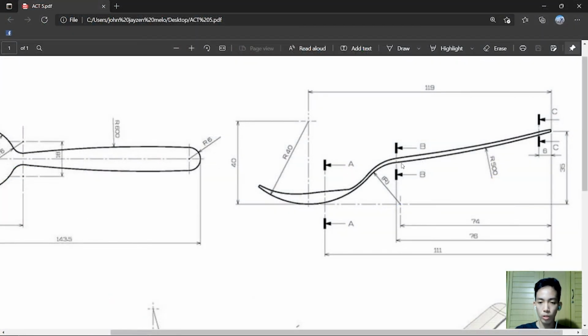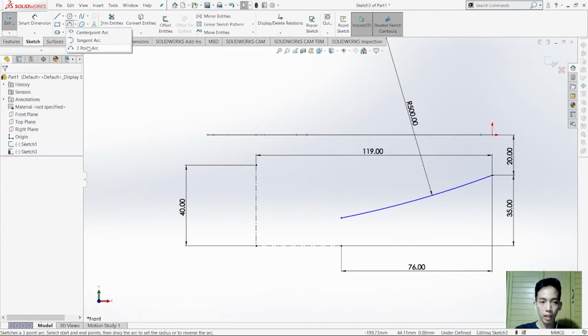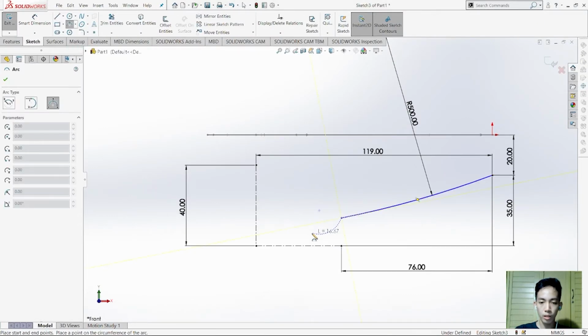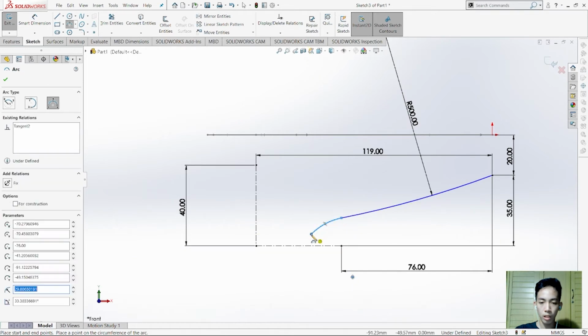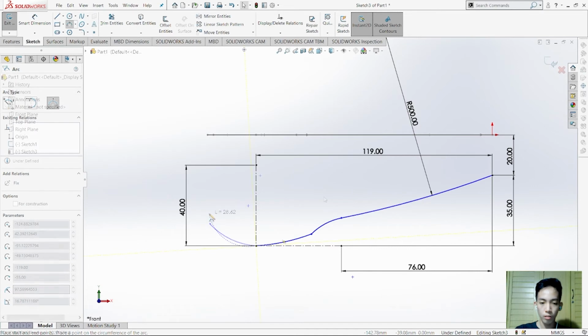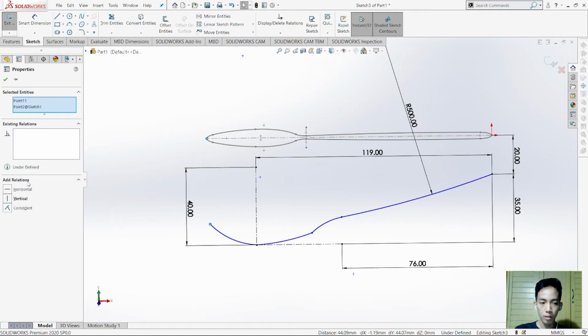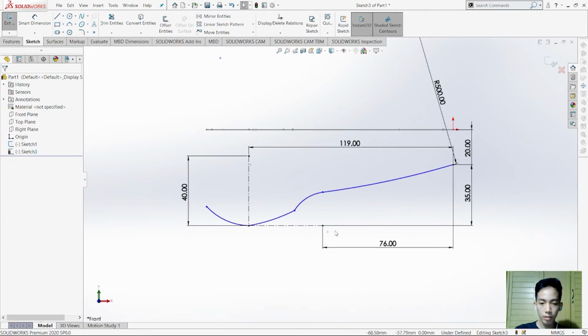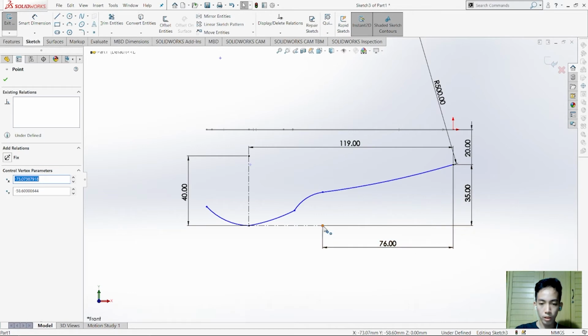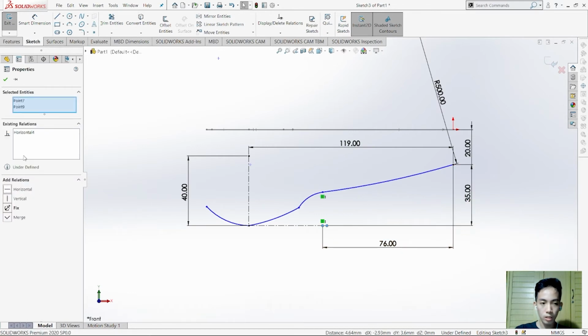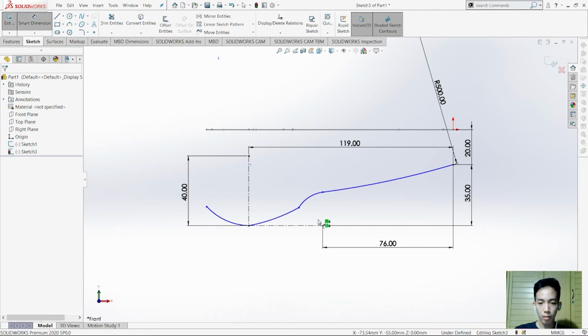And the next thing we need to do is this radius and this arc. So randomly we can point out from this point downward, then from this point up to this point, and from this point up to this point. Then make sure that this point must be vertical with this point. Then make sure that this center point must be horizontal with this point,